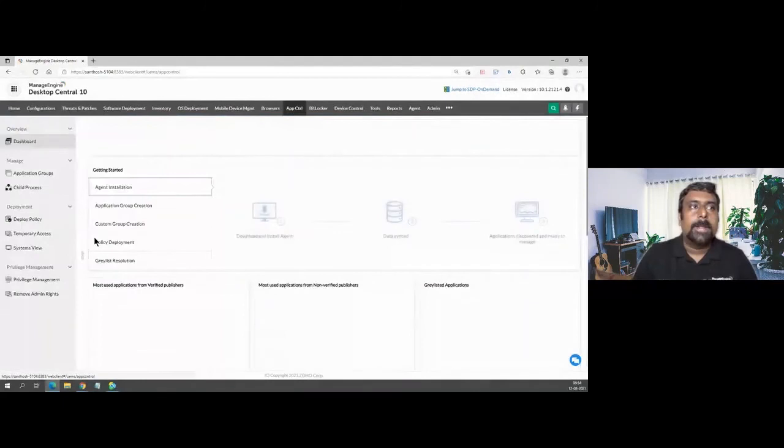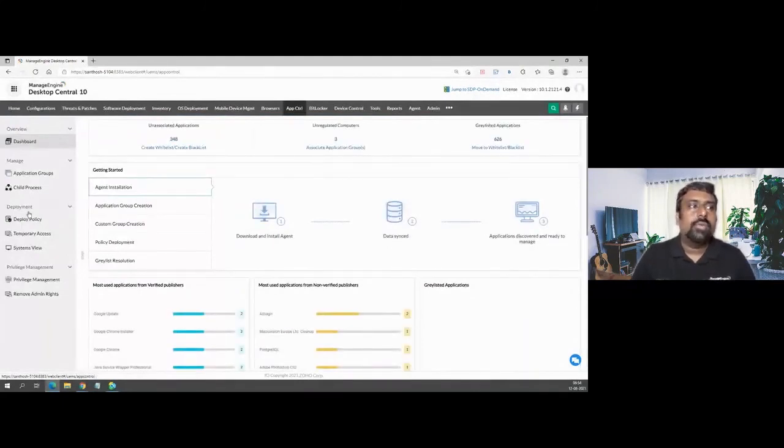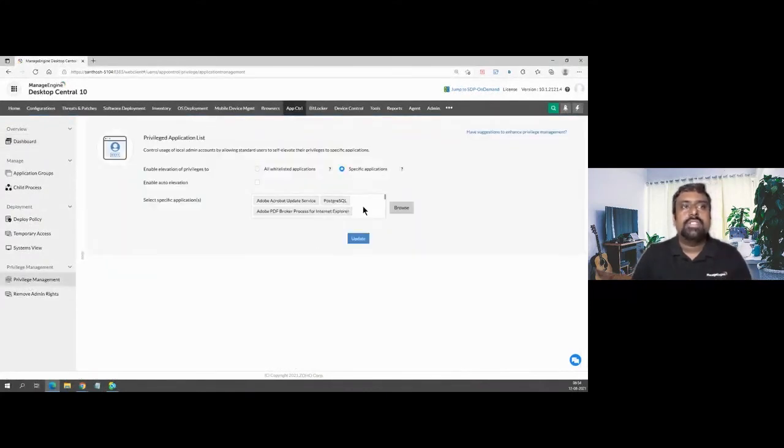Application control, the other area that I was talking about, where you can have a privileged group. So you go ahead and say, these are my privileged applications, specific applications that require elevated privilege. I can do that, and I can map it to a specific group. The group is universal, so this is unified management. You don't require different sets of tools for different areas. So one group can have different policies, one policy for your browser, one policy for your applications, one policy for your patches, one policy for your BitLocker, all from a single group, so you can create a unified approach.